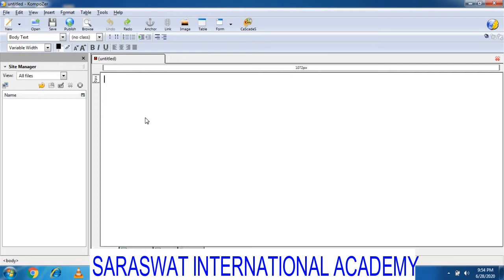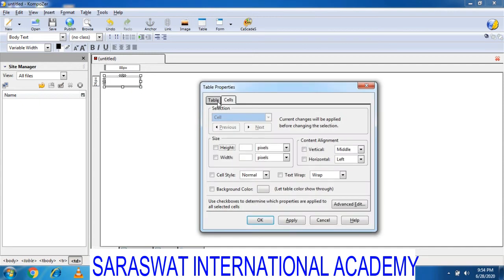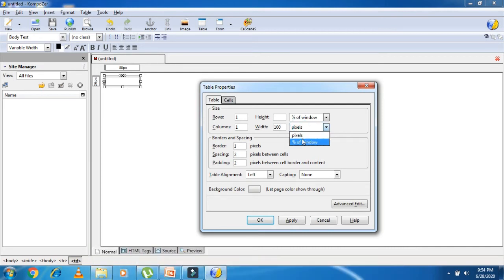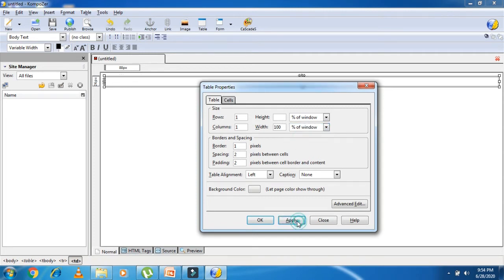Now, which website do we have to create? For that, if you have Darpan, open page number 73, where you can see the School Plaza website, which we are going to create now. First of all, go to the table option, select the one row and one column option, double click on it, and in the table set the width to 100, but in place of pixel set percentage of window. Apply. Okay.